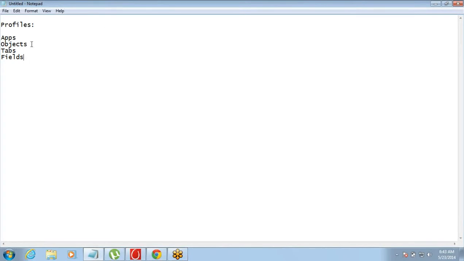In our last session, we were talking about controlling access to the entire object. So not giving access to the entire table. That is one scenario. The other scenario can be they want to give access to the table, but one of the fields in the table they want to restrict. That is possible, right? So for that, what we have to do, we have to define field level security. So this is called field level security. And this is also done through profile.